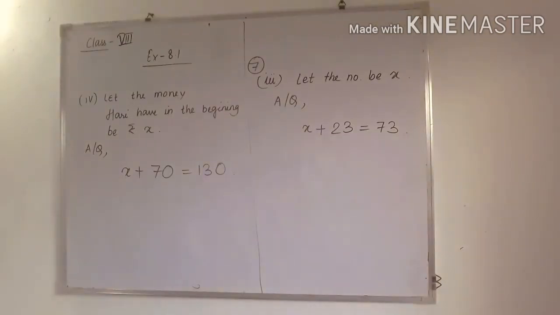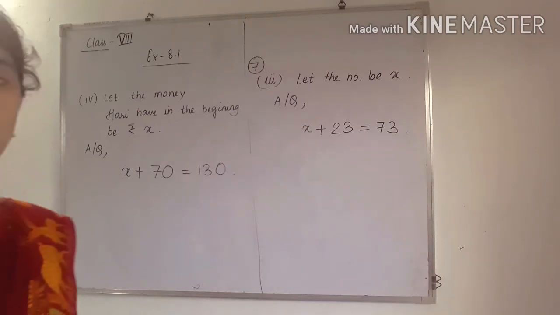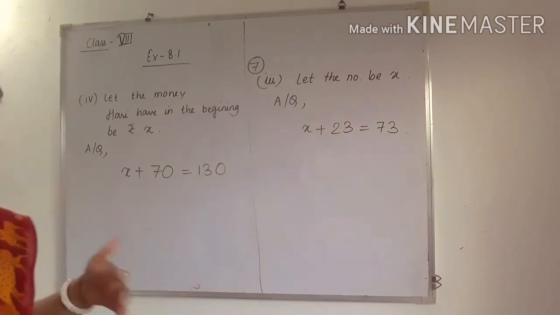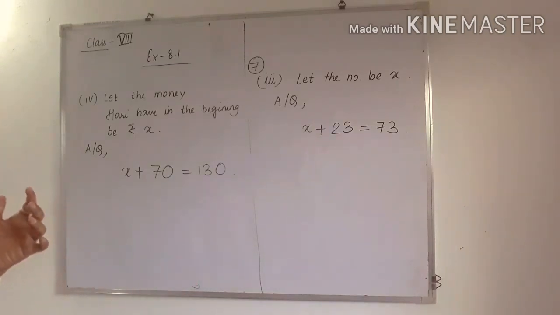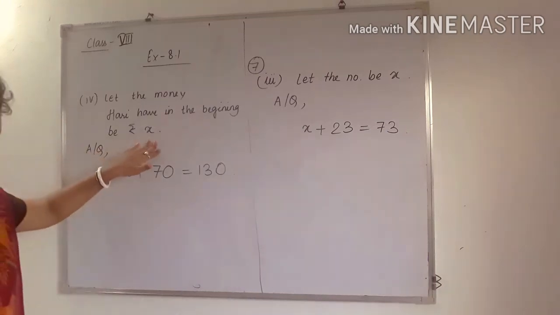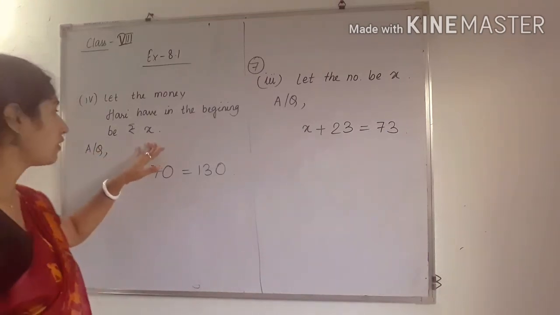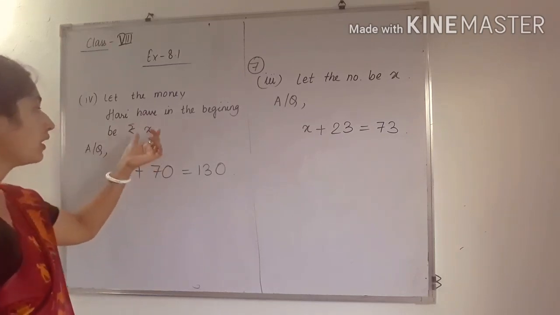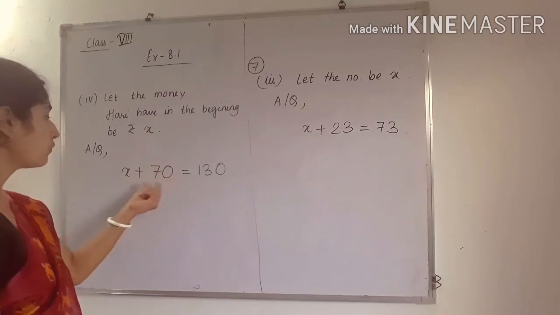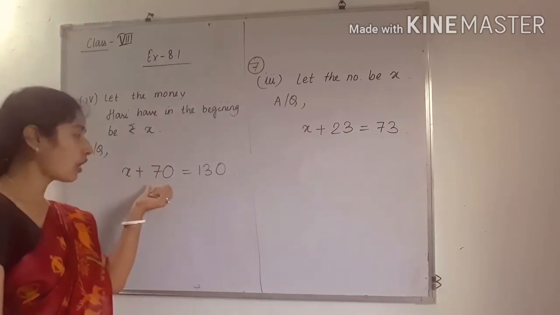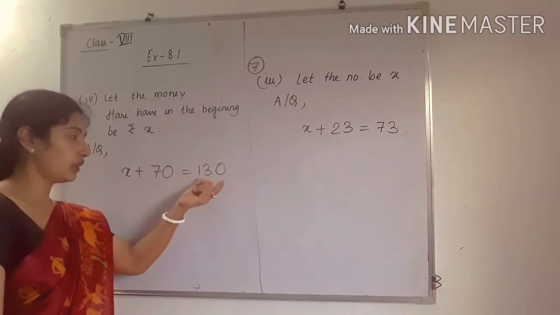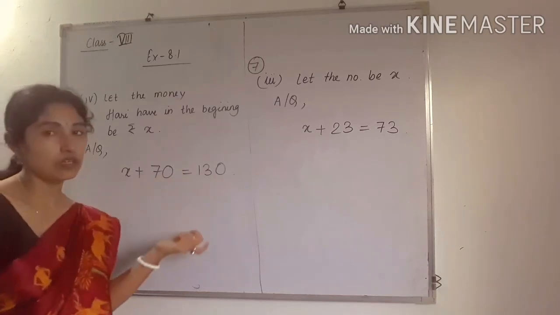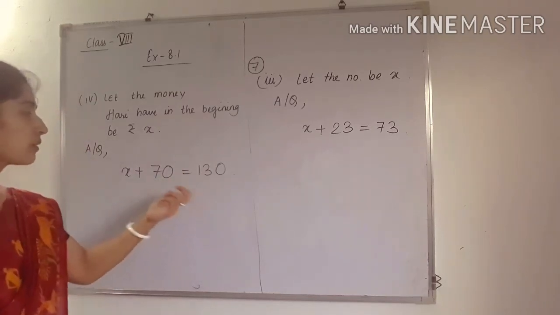Hari's father gave him rupees 70. Okay. Now he has rupees 130. So how much money did Hari have in the beginning? So that money we have to take as x, because that is the unknown. Okay, we don't know the value of that money. Okay, so that money be x. So how much money did Hari's father give him? Yes, 70. So we have to add 70 to it, and after that how much money does he have now? So 130. So equal to 130. So now you have to transpose 70 to that side. So 130 minus 70, we can easily find the answer, okay, by subtracting.